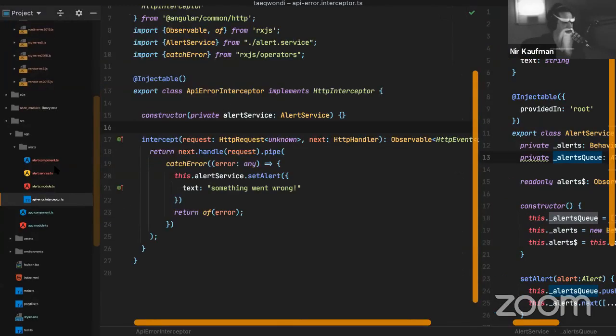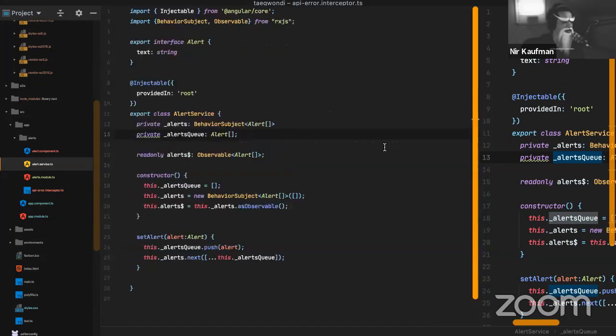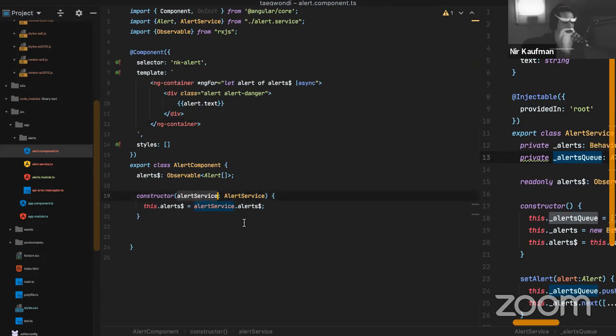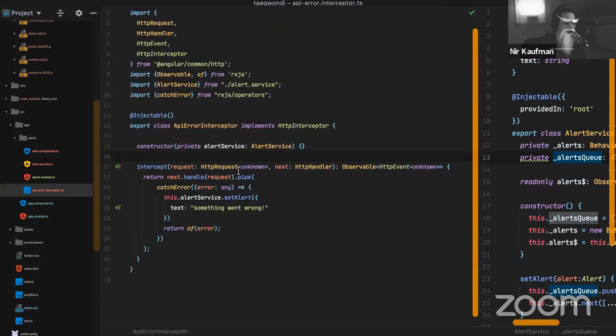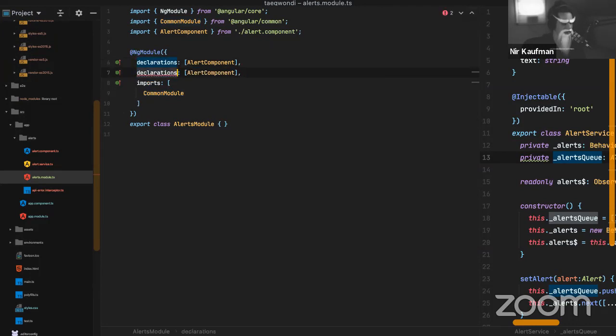But if I go back to the concept, we started with the provider because everything is around the provider. This is the provider-oriented Angular approach. I started with creating this provider, which contains the logic, and then a component that consumes this provider and uses it in order to display the alerts, and then an interceptor that consumes this provider and uses the setAlert method in order to push a new alert, and everything packed together nicely inside this module. So currently this module declares the alert component,